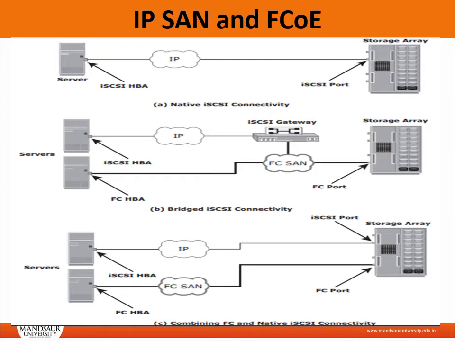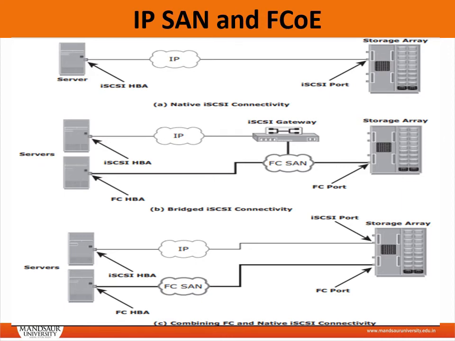If an iSCSI-enabled array is deployed, the array has one or more iSCSI ports configured with an IP address and connected to standard Ethernet switches. After the initiator is logged onto the network, it can access the available LUNs on the storage array. A single array port can service multiple hosts, or you can say initiators, as long as the array port can handle the amount of storage traffic that the hosts generate.